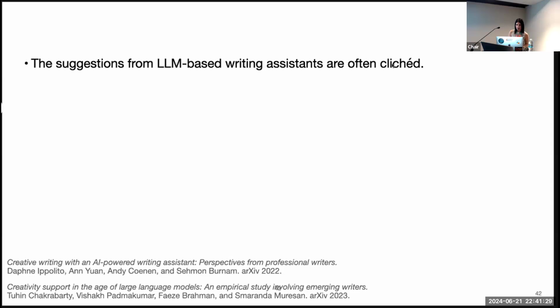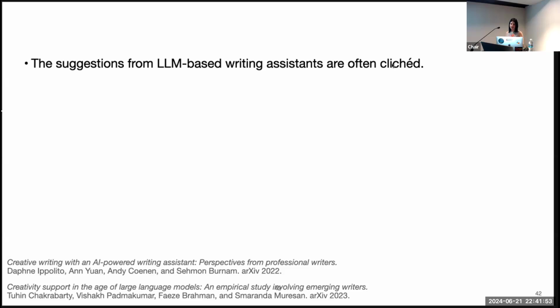Okay, so far there were two papers that tested the impressions of writers from AI writing assistants. Again, one of these papers is from Tuhin. These AI writing assistants were based on language models, and they had a lot of interesting conclusions in the paper. Actually, both of these papers are really interesting, so I encourage you to read them if you haven't.